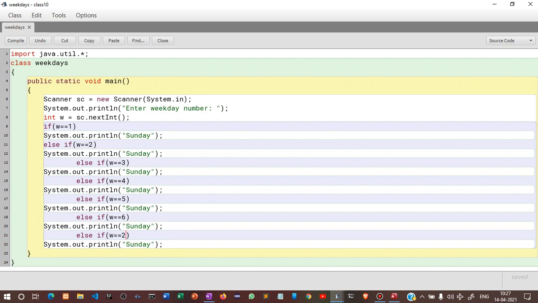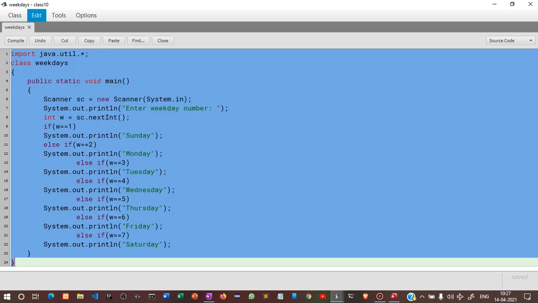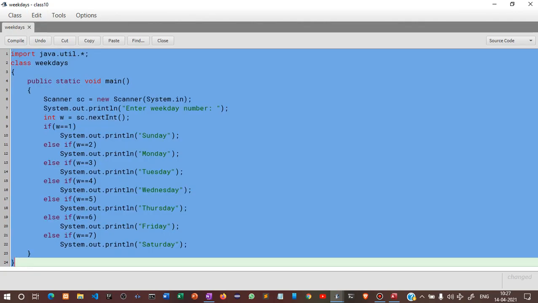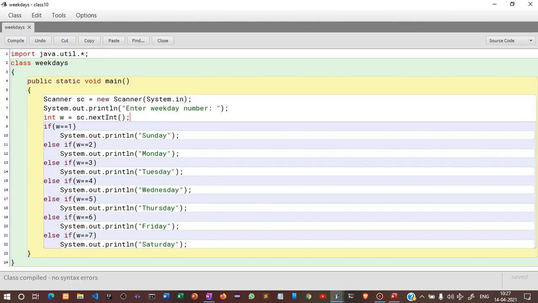So it will print Monday, Tuesday, Wednesday, Thursday, Friday and Saturday. Then we'll just do the auto layout so that it looks quite nice. Then we'll compile this.